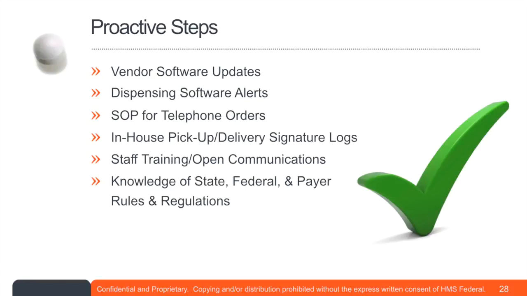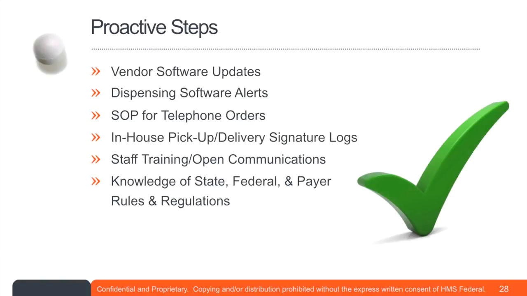So with your invoicing, one of the keys here is that NDC billing. So let's say the pharmacy manager goes to a trade show and buys a bulk of medication at special trade fair pricing, and you need to get the NDCs into the system. See if your software vendor can somehow help make that process easier. Make it scannable instead of having to key in all of the different NDCs. If there's some way to make sure that the information in your database is accurate, have your vendor help you with that.